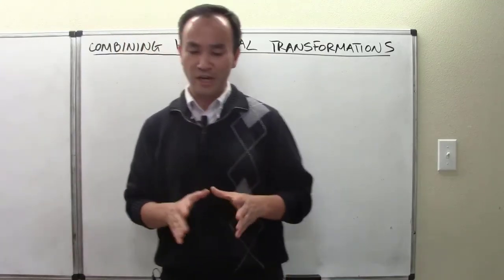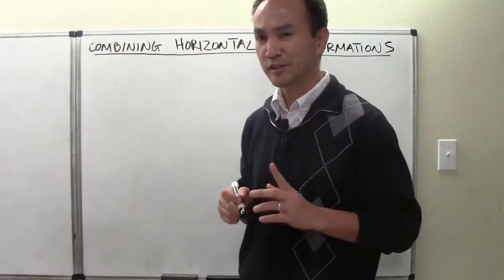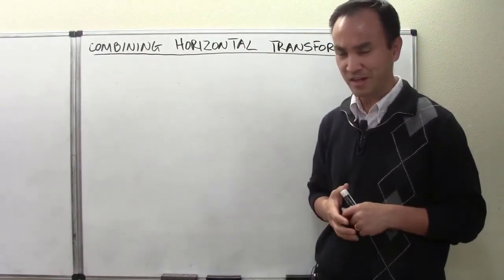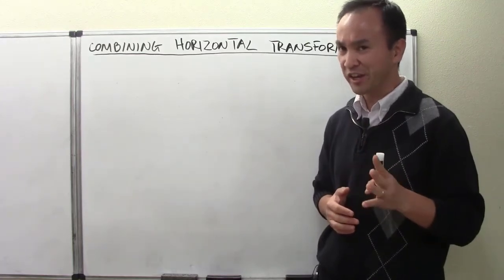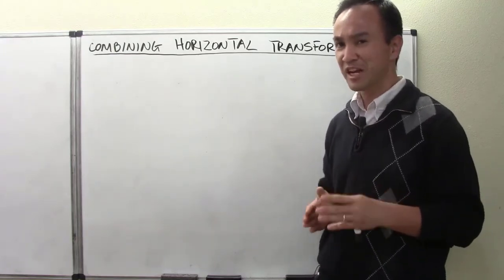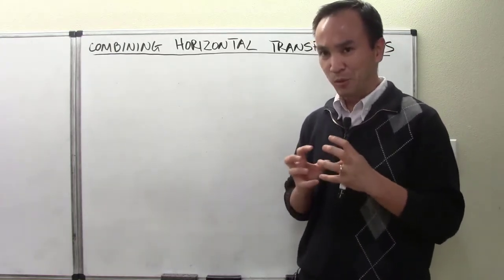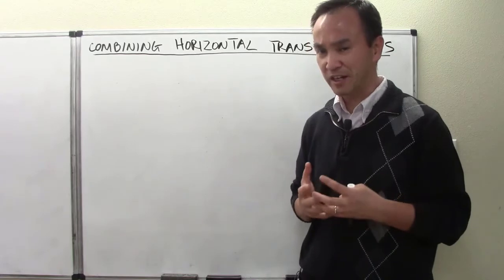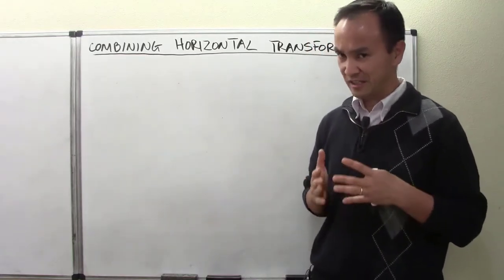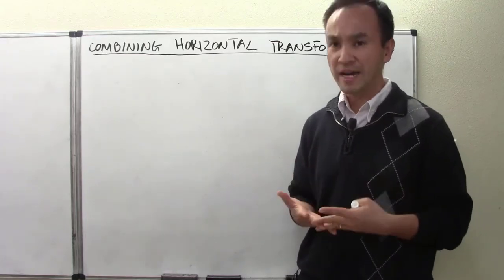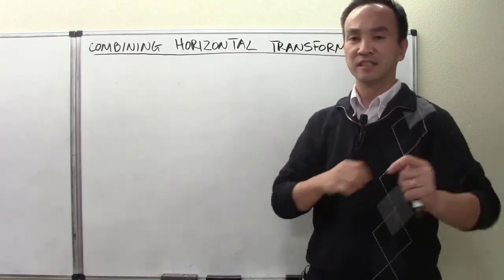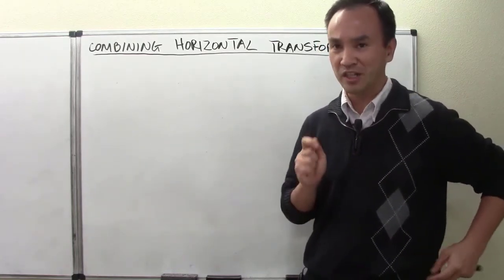All right, so now when it comes to combining horizontal transformations, things become a little tricky, okay? As a matter of fact, quite trickier than how it was when we were combining vertical transformations. So let me now move on as small steps as possible to ensure everybody following this video lesson can have a full understanding. And of course, there are some details explaining why it happened that way that must be left out. Okay, so I'll just get directly into the practical side,